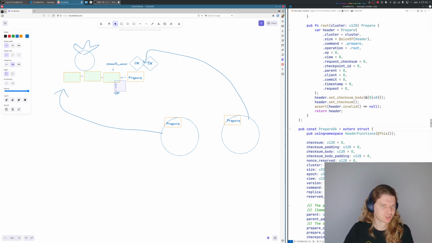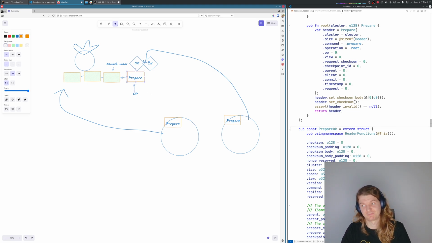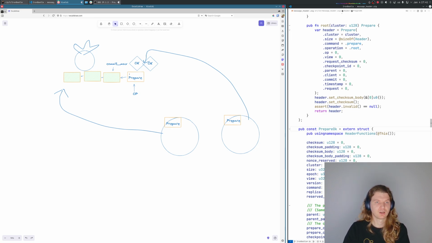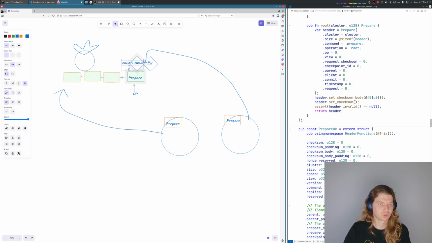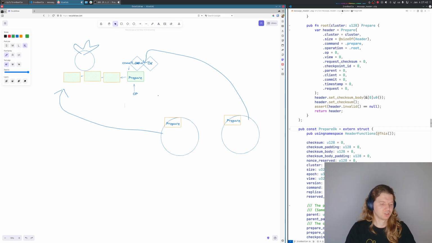Well, actually, before that, the very first thing you do once you get this prepare is move forward your op, because you want to capture that there is this one extra new message which is in the process of being prepared. So now that you collected the quorum of OKs, you could color this message as logically committed. You move your commit pointer to point to this message, and here you actually execute the operation,